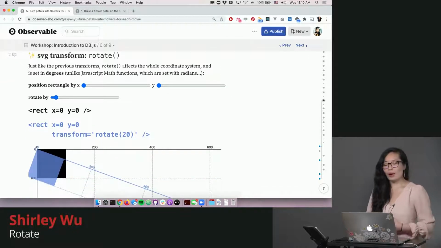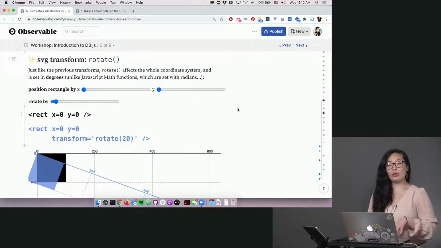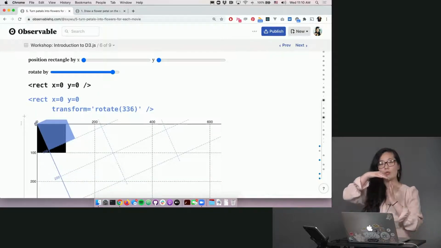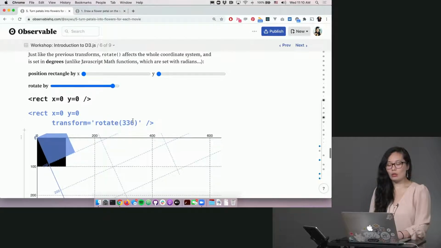Another note about SVG transforms, this time again about rotate. Similarly to the other transforms, rotate also affects the whole coordinate system and is set in degrees. The coordinate system is by default rotated around the origin 0, 0, and there's an additional set